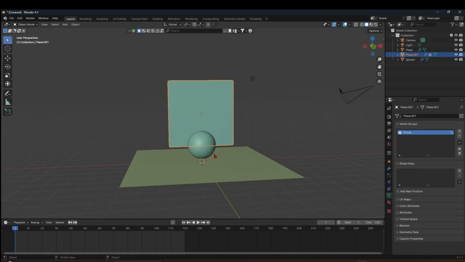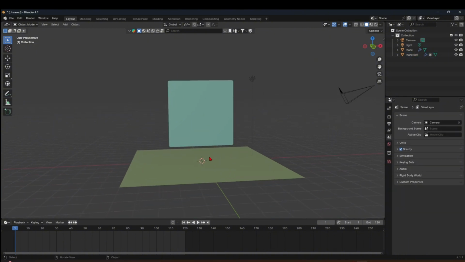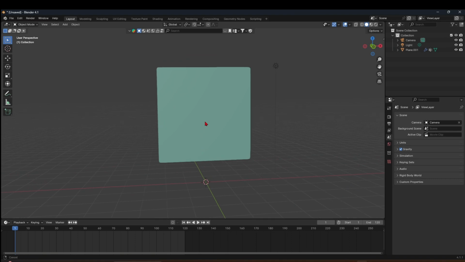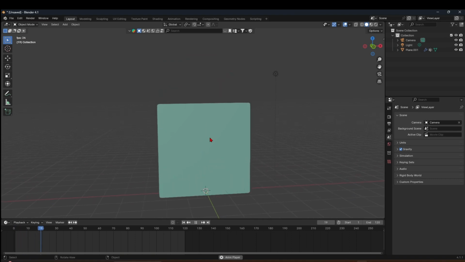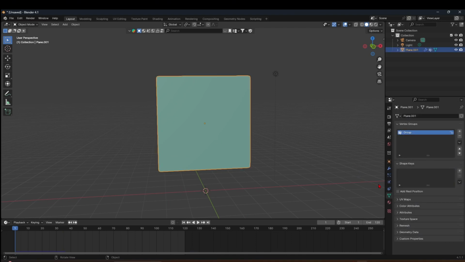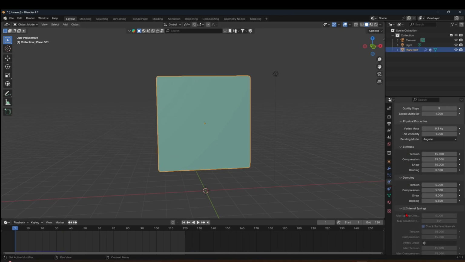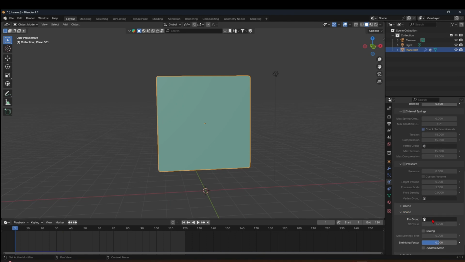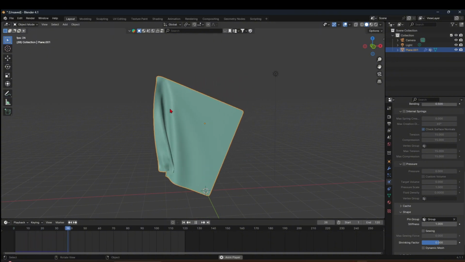So for this tutorial, I'm just going to delete this particular one. I don't need any anymore. Just delete them, right? So when I press simulate, it doesn't work. So I have to go back to frame 1, select the fabric, go to the physics panel, and go down to the shape and choose that new pin group that I created, right? And select that. So when I press play now, everything falls aside